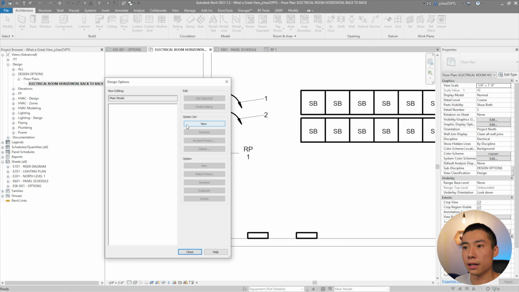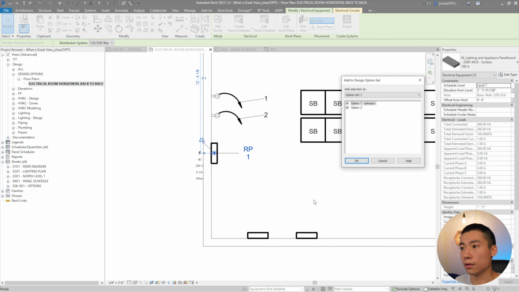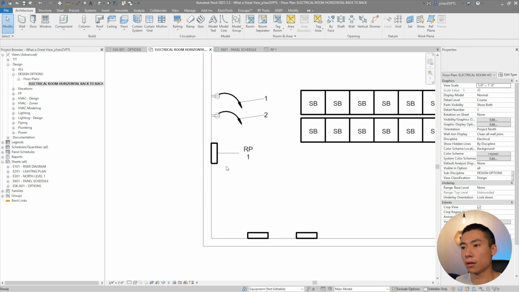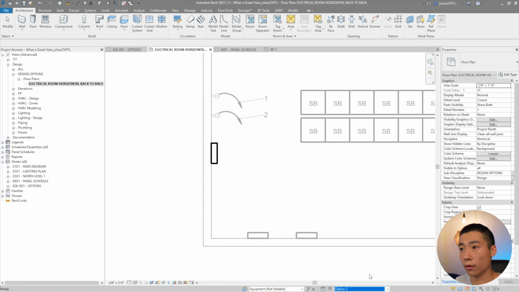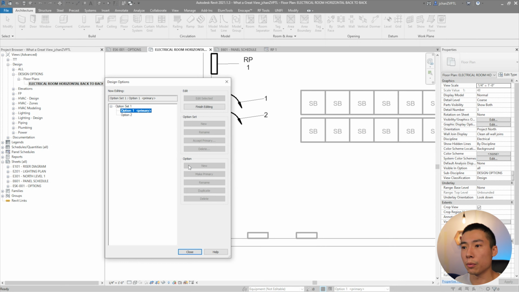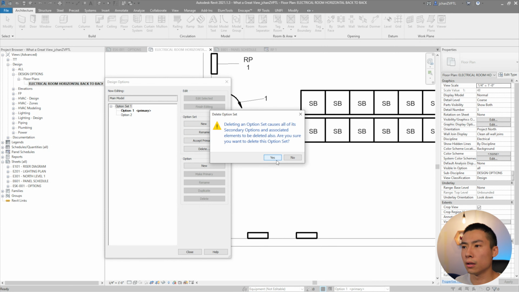Let's make the design option new, hit close, add this to the design option. Okay. And then option 1, I'm going to put it here. So yeah, it's fully inside of the design option. Now let's go ahead and accept the primary, finish editing, accept primary. Huh,